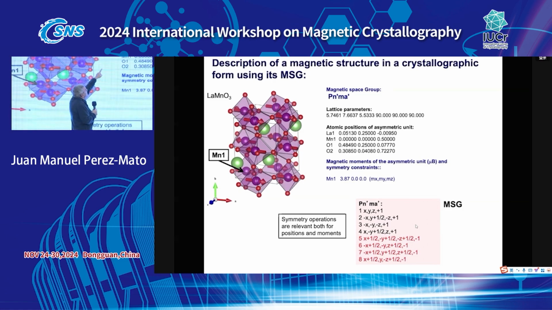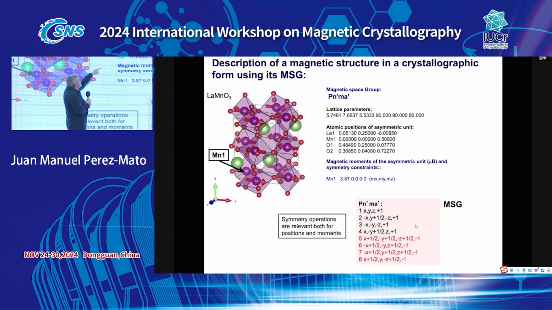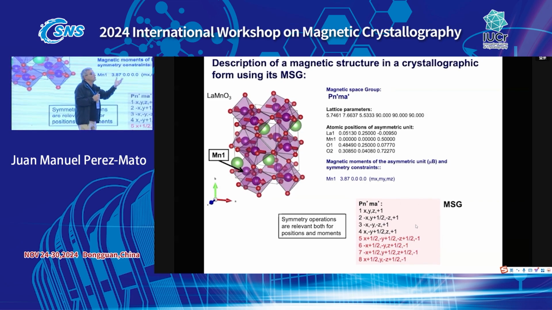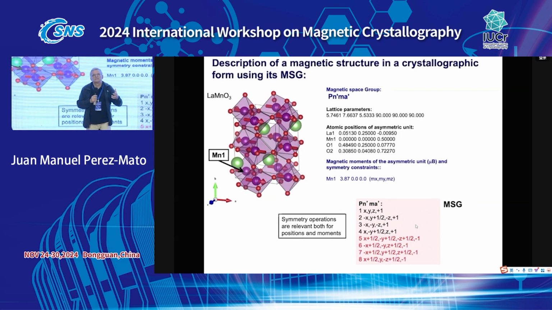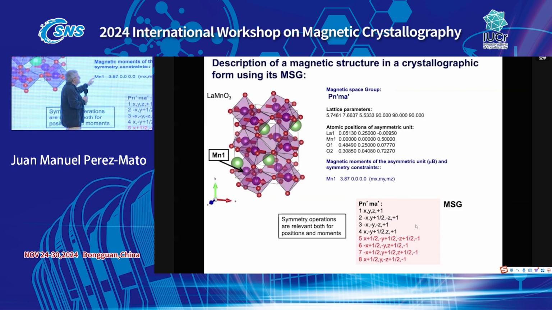You have the unit cell, okay, the asymmetric unit indicating the atomic positions of the asymmetric unit, and then the difference with the description of an ordinary structure is that you have to add also a list for the asymmetric unit of the magnetic moments, okay? As there is only a single magnetic atom in the asymmetric unit, you only have to put, okay, my manganese, which is at this position, then it has this